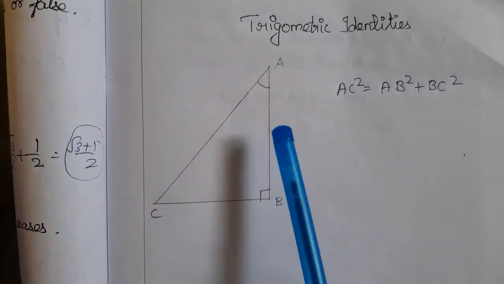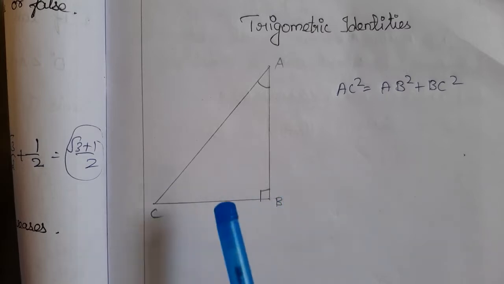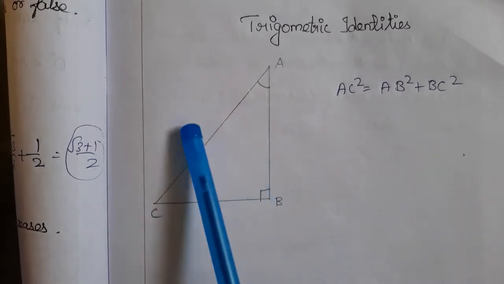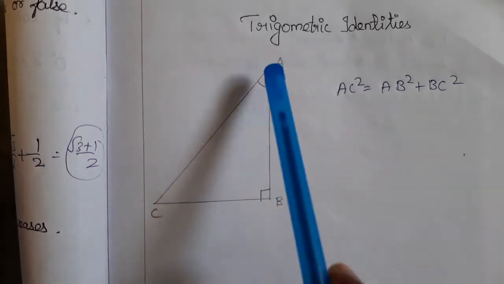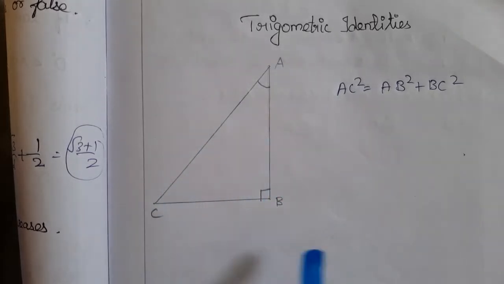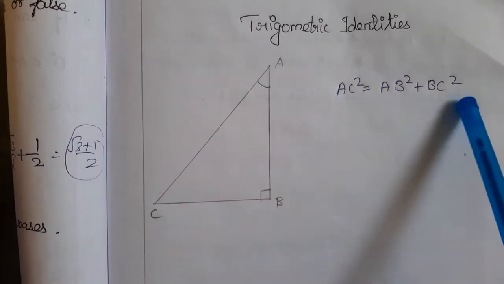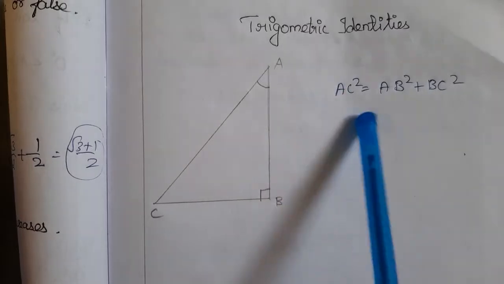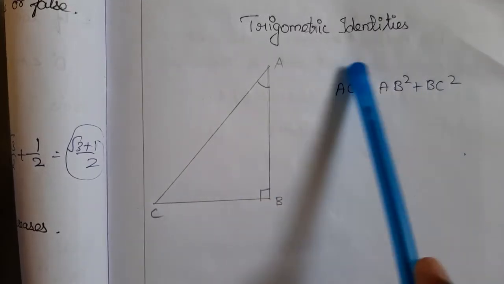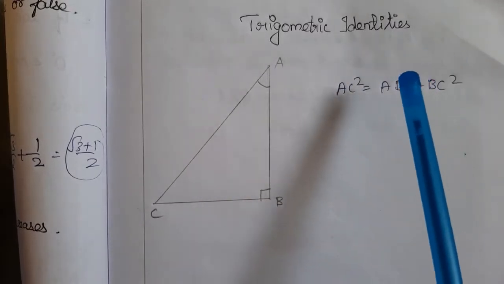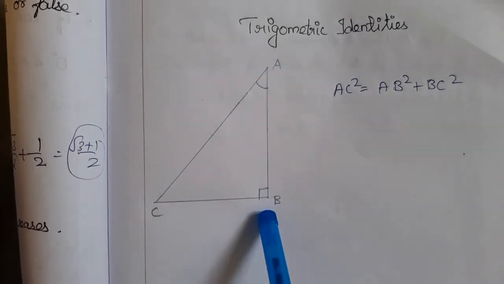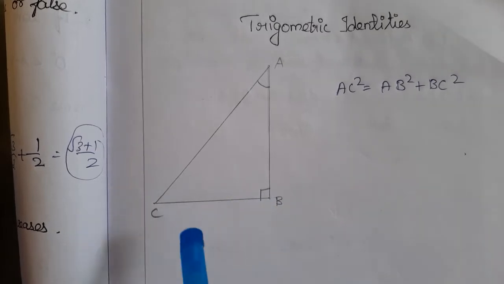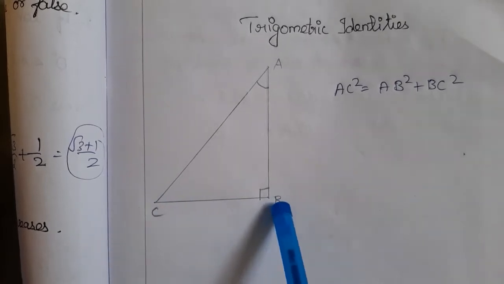So you can see that there are three sides. We know the trigonometric ratios are obtained by dividing these three sides, right? Like hypotenuse by adjacent, hypotenuse by opposite, those things we have done. So the same thing we are going to do with this Pythagoras theorem, with this formula also. First we are going to divide with the hypotenuse side, next we are going to divide with the adjacent side, and then we are going to divide with the opposite side.